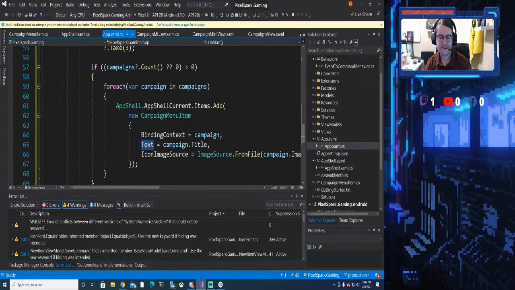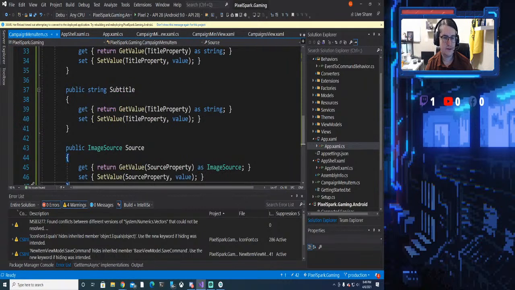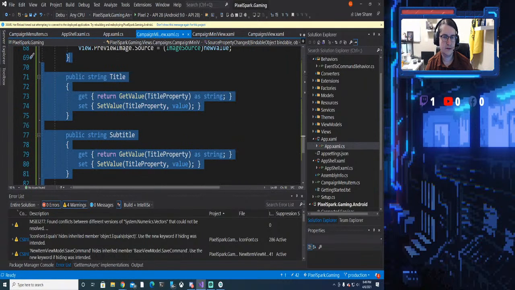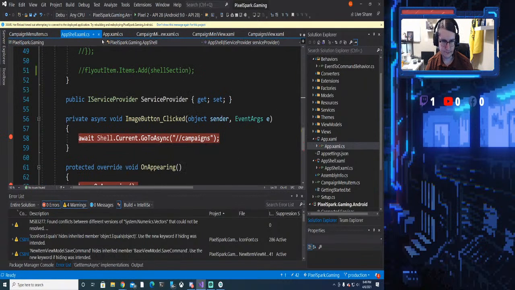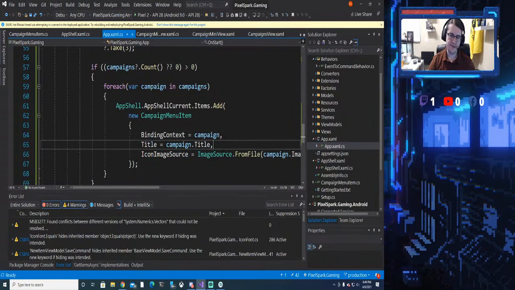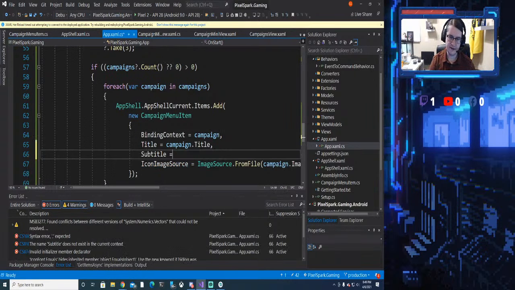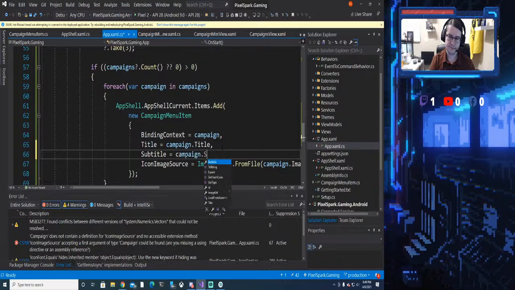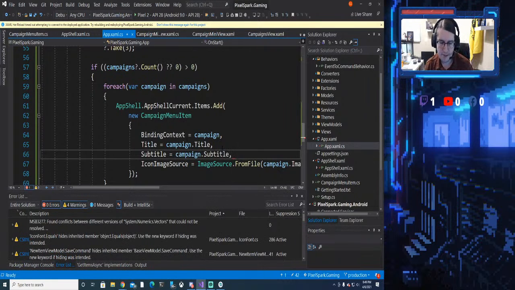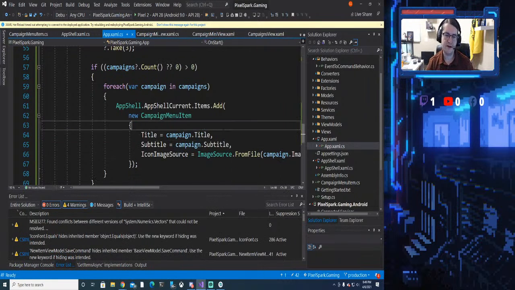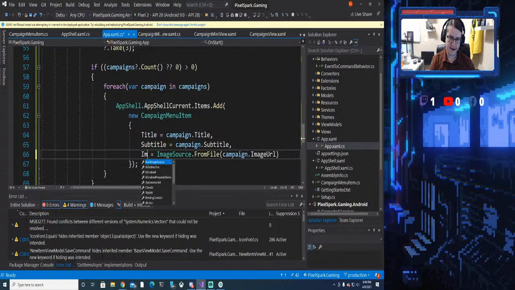And title. Excuse me, my stomach is just really unsettled tonight. So we're going to populate our newly created properties for our campaign menu item, and we should be able to bind to that. Nope. Source